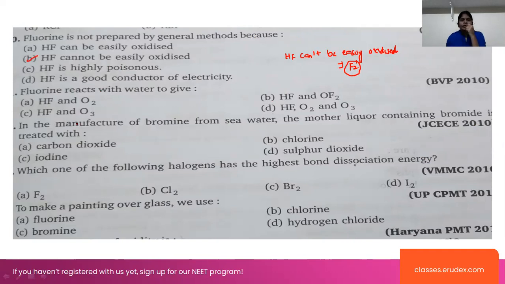HF is highly poisonous, and it has a highly explosive nature, right? Look at the reaction: fluorine reacts with water to give HF along with O2 and O3. Whenever fluorine reacts with the water molecule, that will give you HF along with the oxygen. Whenever we take an excess of fluorine,